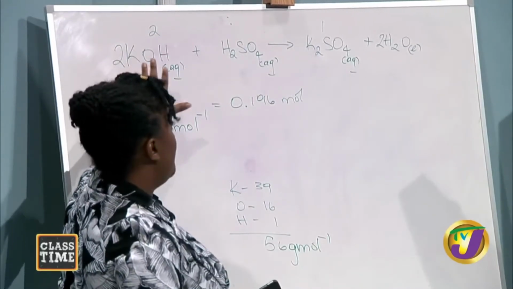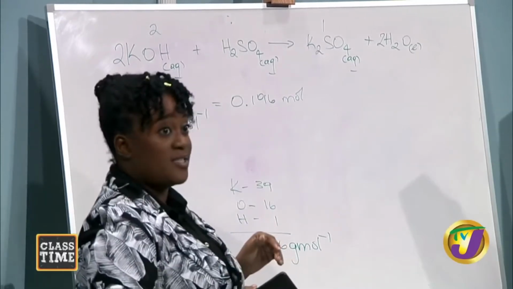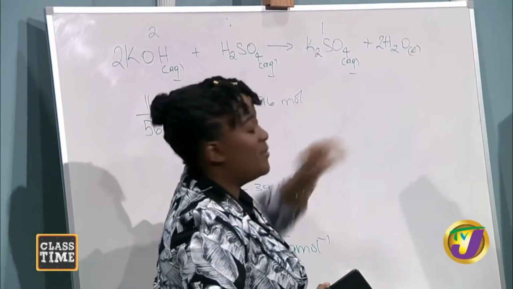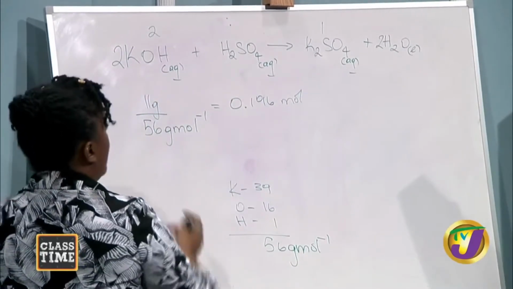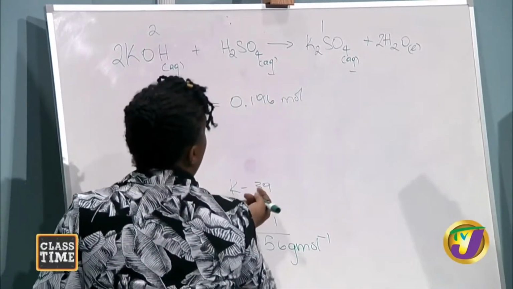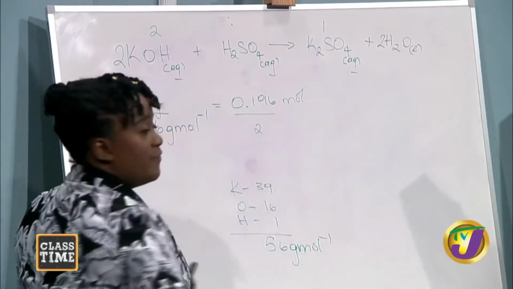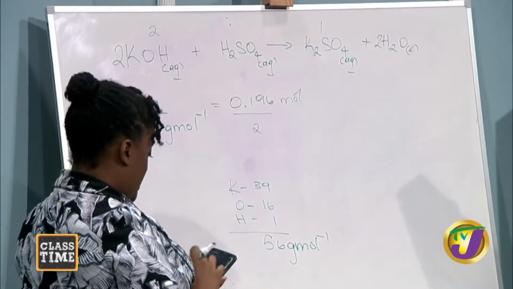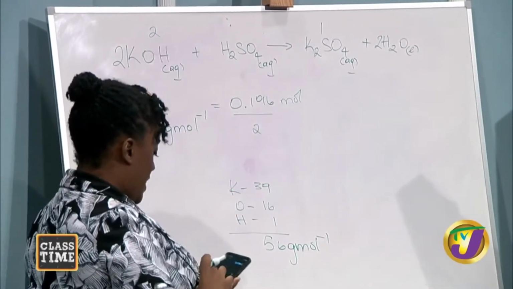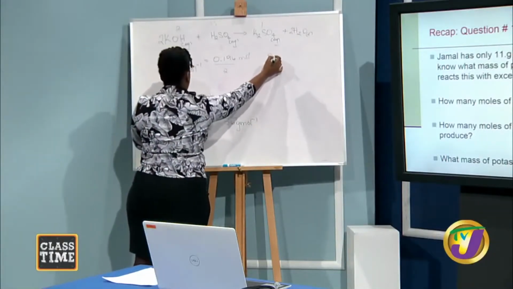So, based on that, I am seeing that I used 0.196 mole. So how much potassium sulfate would be produced? What I have to do now, it's 2 to 1, so it means that I have to divide by 2 in order to get my answer for potassium sulfate. So I'm going to divide 0.196 by 2, and my answer for potassium sulfate should be